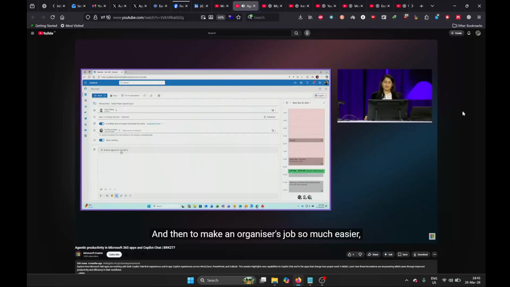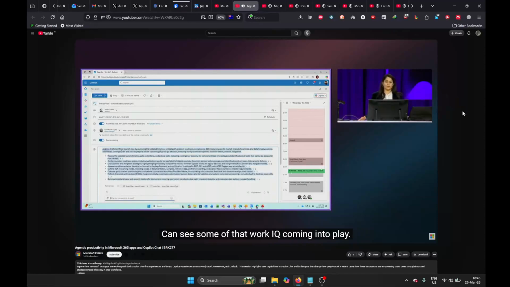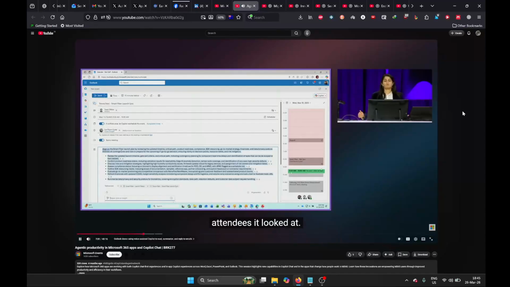And to make an organizer's job so much easier, we have one-click draft. This is where you can see some of that Work IQ coming into play. What it really did, it looked at the title, the attendees,